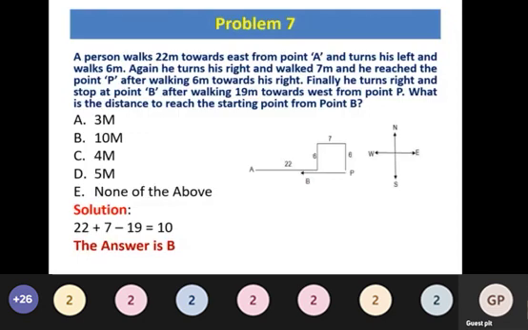A person walks 22 meters towards the east from point A and turns his left and walks 6 meters. Again, he turns right and walked 7 meters. And he reached the point P after walking 6 meters towards his right. Finally, he turns right and stops at a point B after walking 19 meters towards west from point P. What is the distance to reach the starting point from point B? The options are A 3 meters, B 10 meters, C 4 meters, D 5 meters, and E none of the above. So if you see the solution,